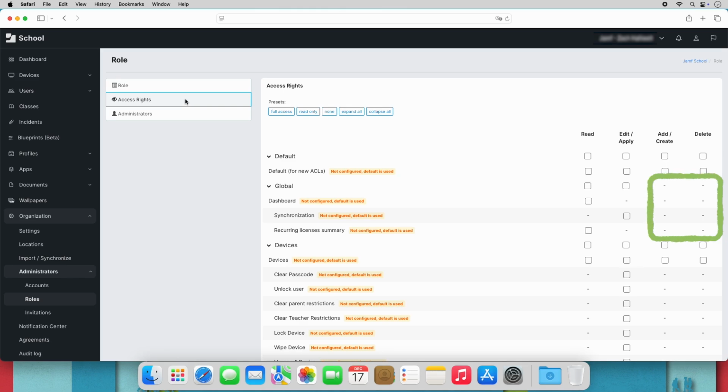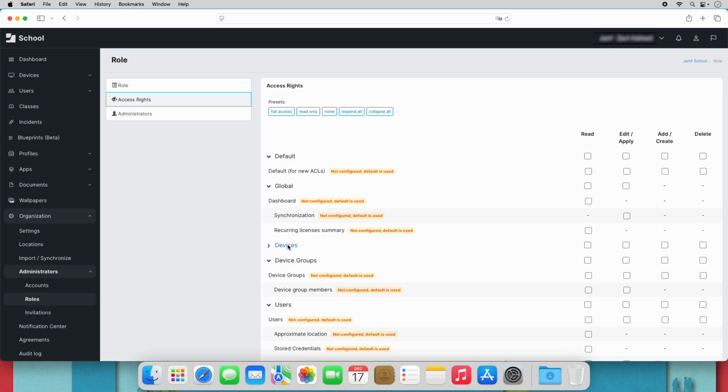Notice the spots where there's a hyphen instead of a checkbox? That means that particular option only has certain rights available to it. Any options with disclosure triangles next to them are headers for their section. Selecting their corresponding checkbox will select all of the checkboxes in that column for that section. And selecting any checkbox in the right 3 columns will automatically select the corresponding checkboxes to their left.